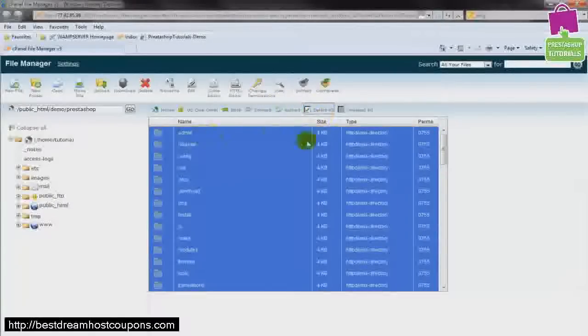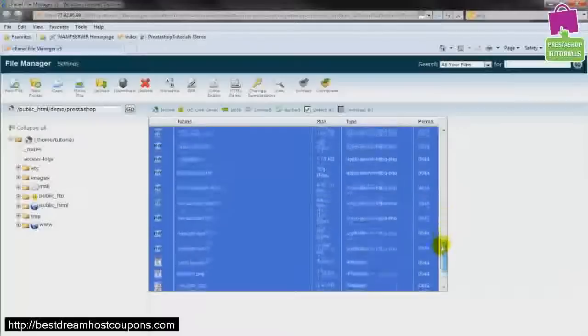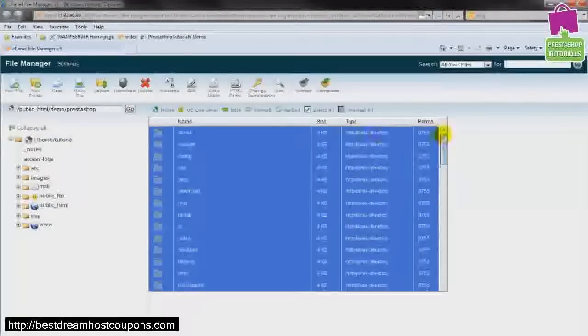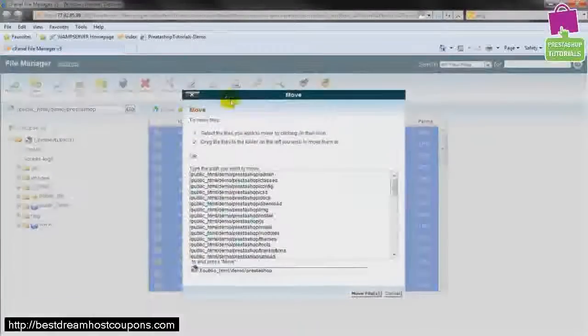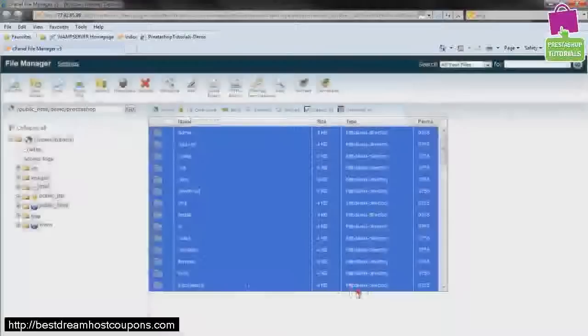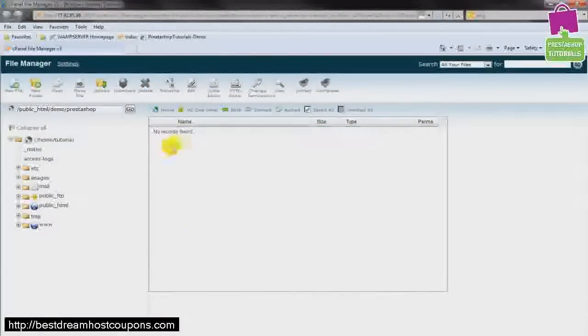Now all the files and folders have been selected, so if I go down the list there you can see they've all been selected, and I just say now move the files, and it's saying where do you want to move them. Well obviously you'll be looking for public_html with nothing else after it. I have to bear in mind that I'm using a demo version, or this is for a demonstration, so I'm going to keep it in the demo folder, but I just say move files. And the servers tend to do this fairly quickly, so there we go, the files have actually been moved. It says no records found, and if I go up one level I'm now in theory at the